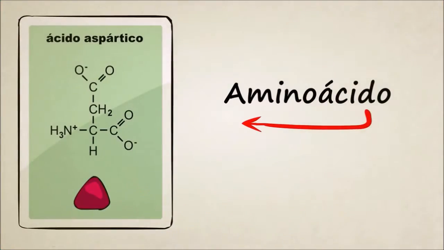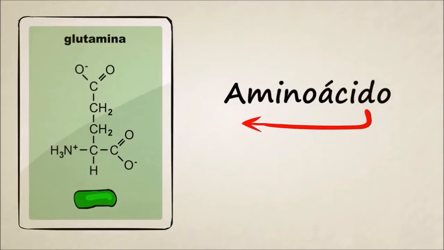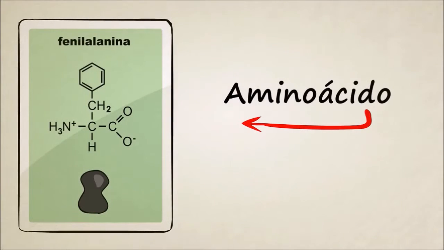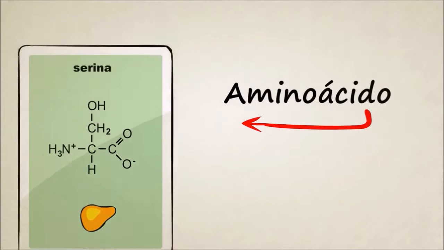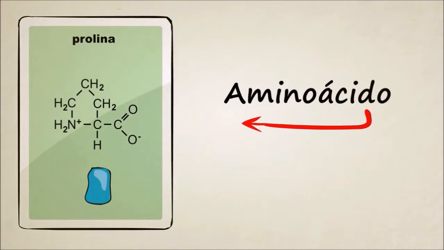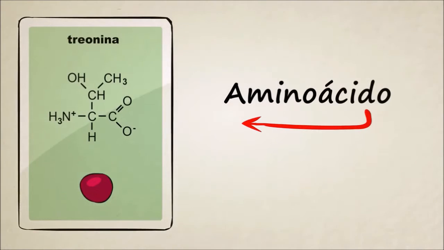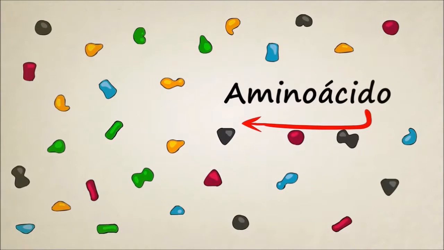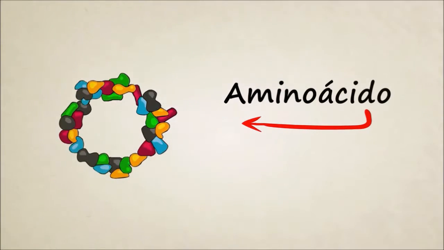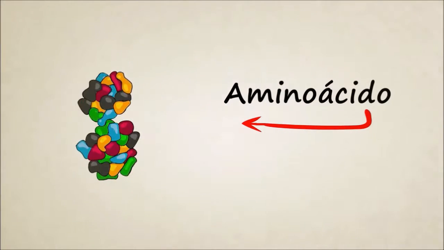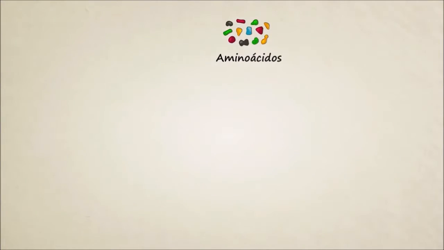Los aminoácidos son diminutas sustancias químicas dentro de nuestros cuerpos que son tan importantes que a menudo se les refiere como los ladrillos de la vida. Hay alrededor de 20 tipos de aminoácidos, cada uno con su propia forma única. Lo fantástico es que se pueden conectar como si fuesen legos para producir una gran variedad de partículas más grandes llamadas proteínas. Los aminoácidos forman las proteínas.